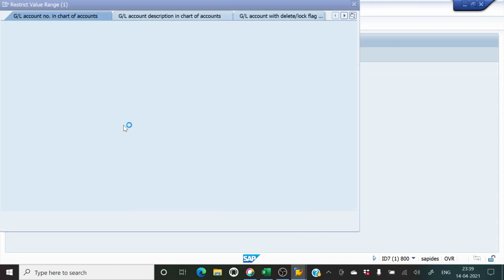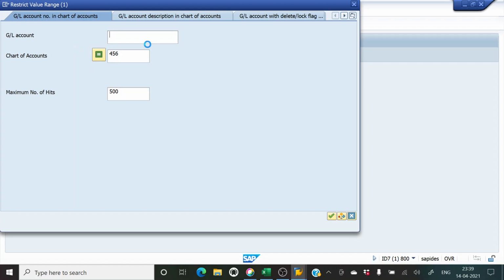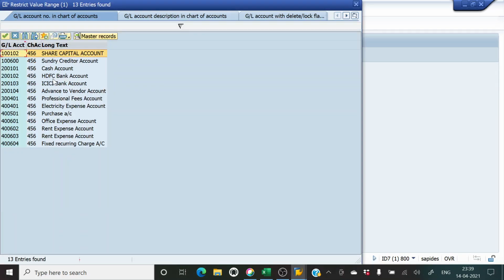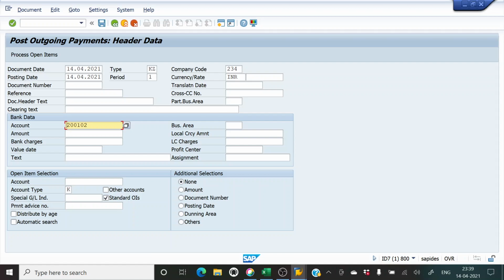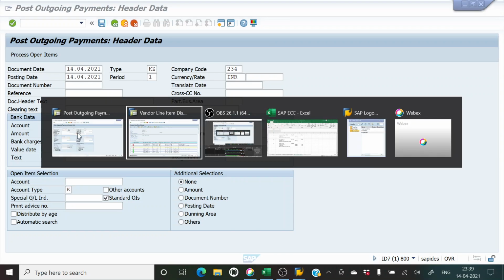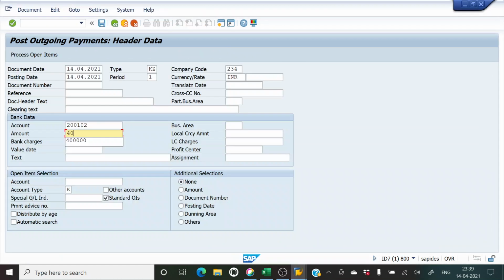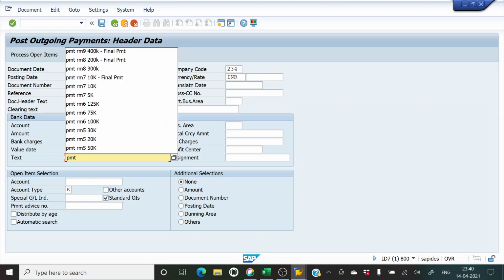I'll make the payment from the HDFC bank account. And the balance payment is, if I go, I see it's 4 lakh because I have already made a payment of 5 lakh. So now I'm going to make a payment of 4 lakh. The value date is today's date. And then payment for